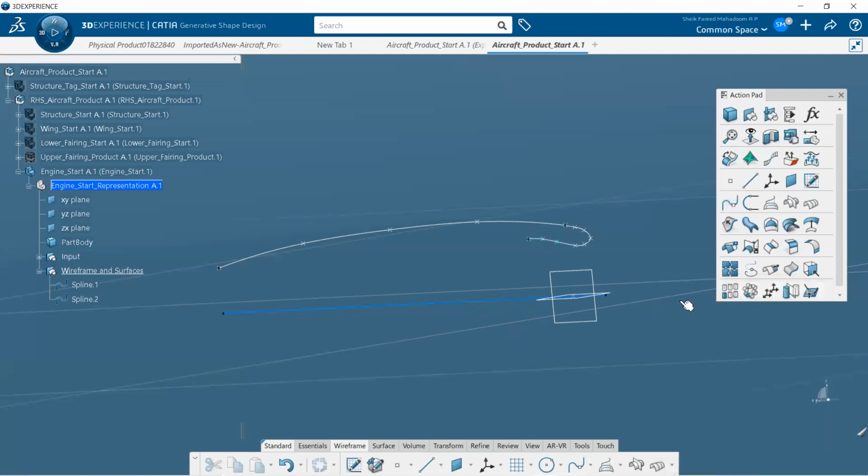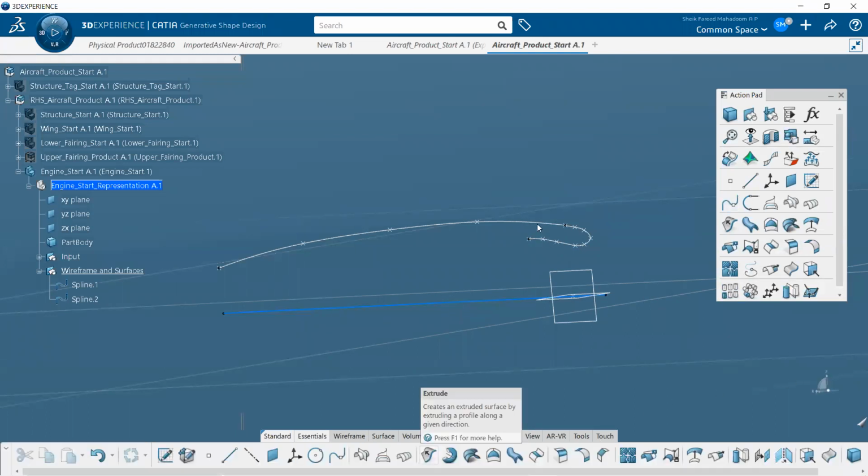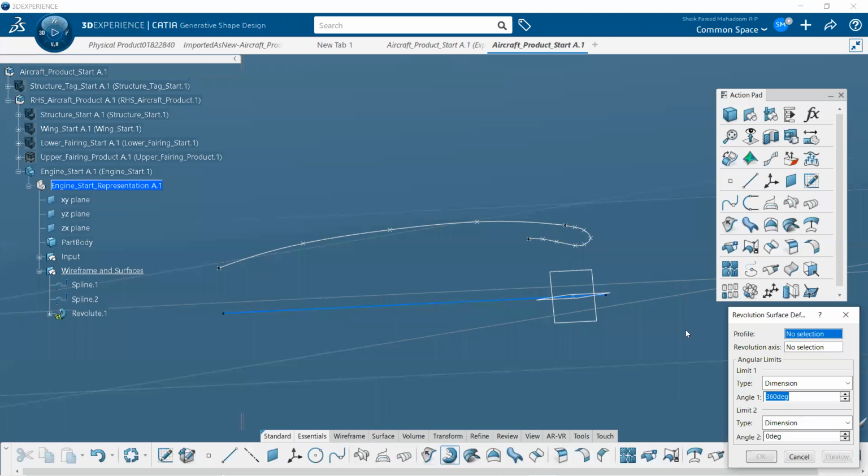Now I have to use the revolve tool and revolve the profile to make the engine's outer surface. Here you will have the revolve tool in the surface option. Click on the revolve tool, first select this profile and then the rotation axis. Then click OK.